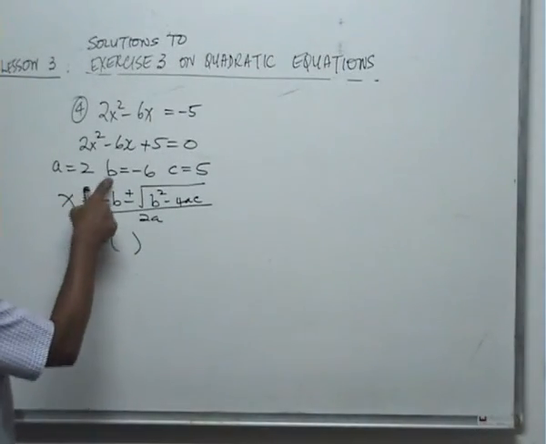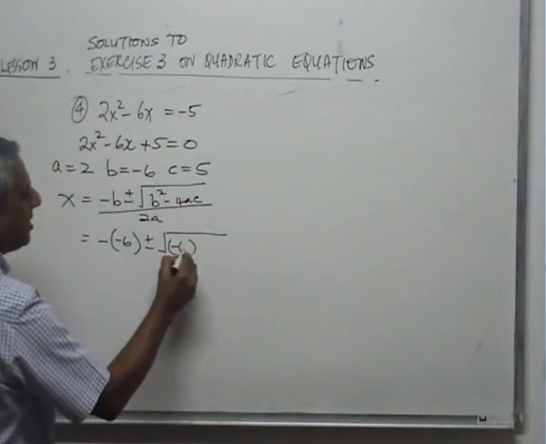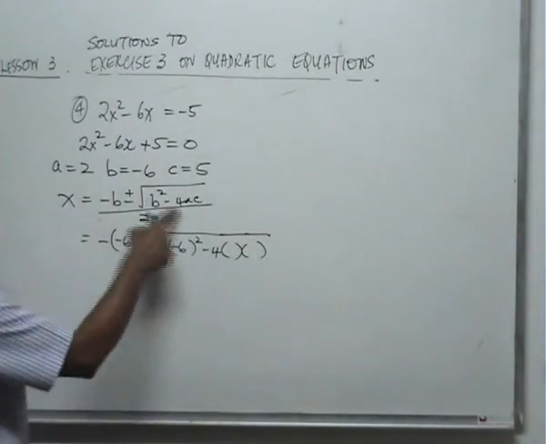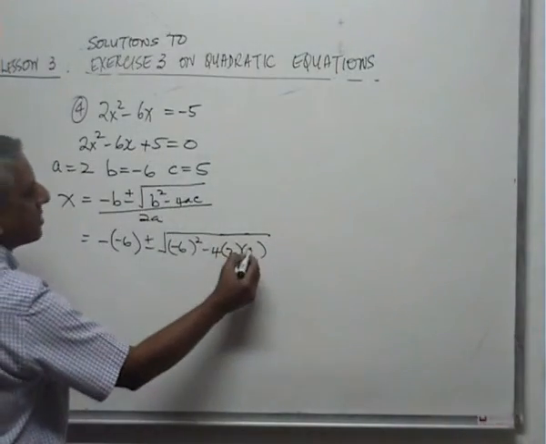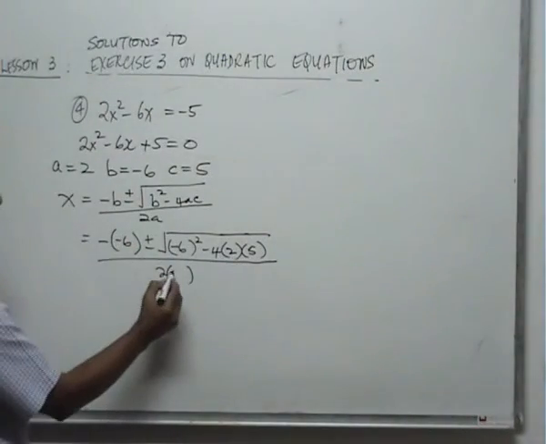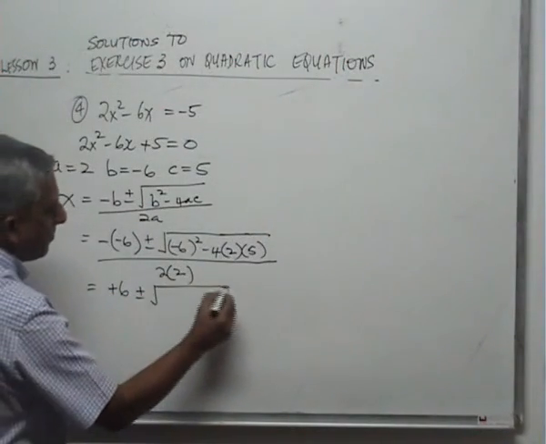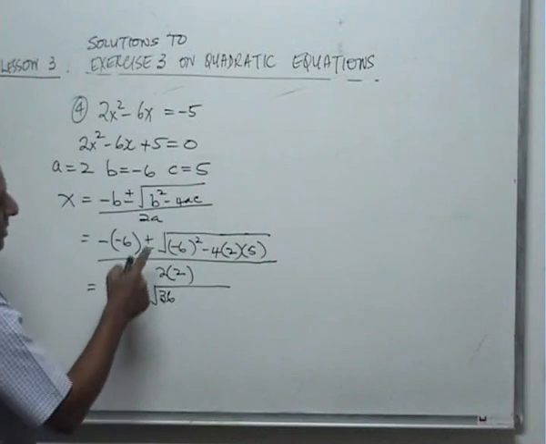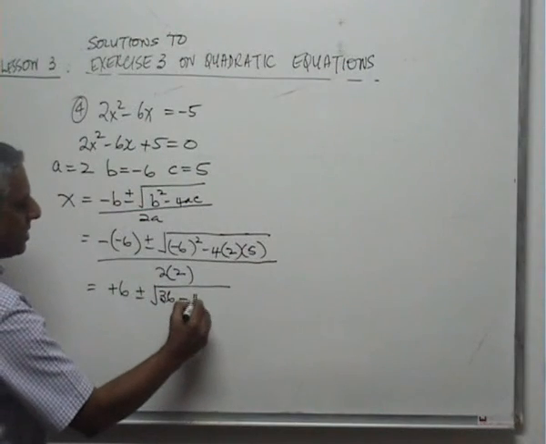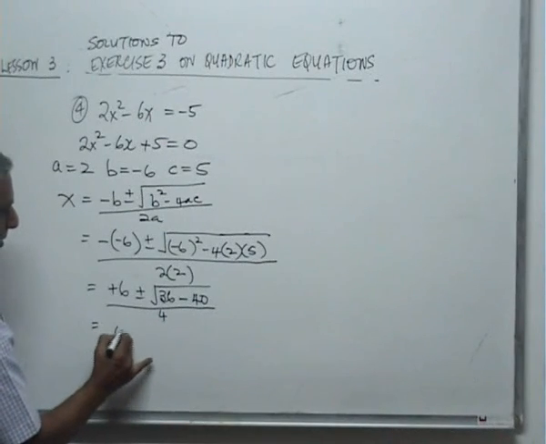That's minus into b, which is minus 6, plus or minus the square root of b squared, which is minus 6 squared, minus 4 into a into c. a is 2, c is minus 5, all over 2 times a, which is 2. Minus times minus gives you plus, that is 6, plus or minus the square root of 6 squared, 36, minus 4 twos are 8, 8 fives are 40, all over 4. 6 plus or minus